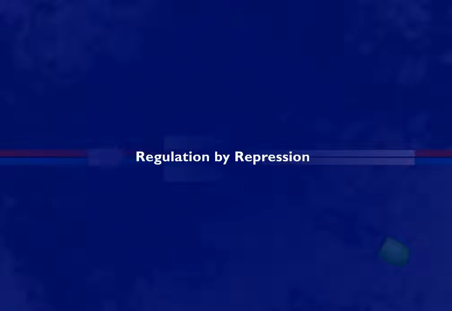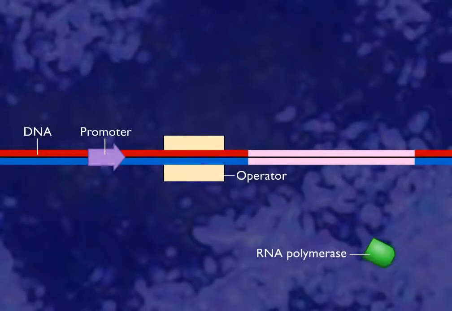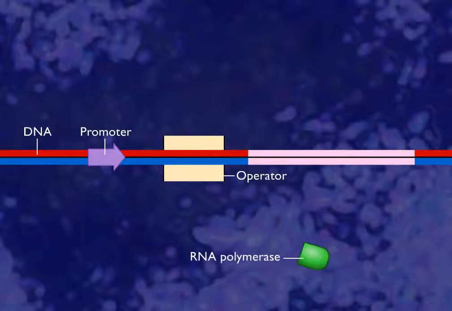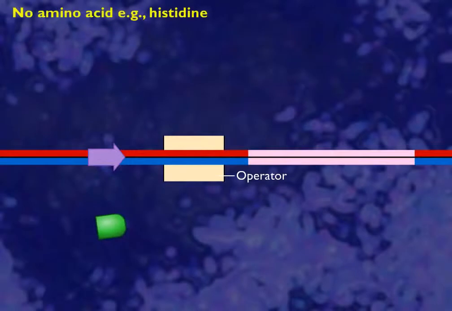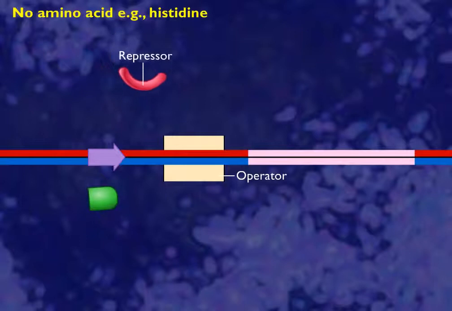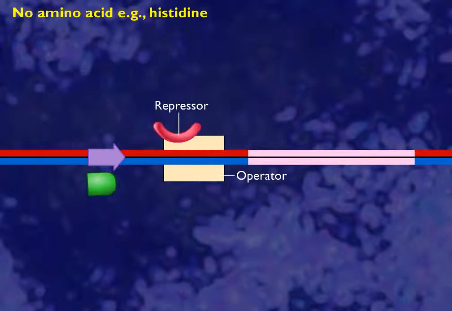When a microorganism such as E. coli is grown on glucose, it must synthesize all of its amino acids. If an amino acid such as histidine is added to the medium, the organism can turn off the synthesis of the enzymes needed to make histidine. In the absence of the amino acid, a regulatory protein called a repressor is made, but it is unable to bind to DNA and prevent transcription.